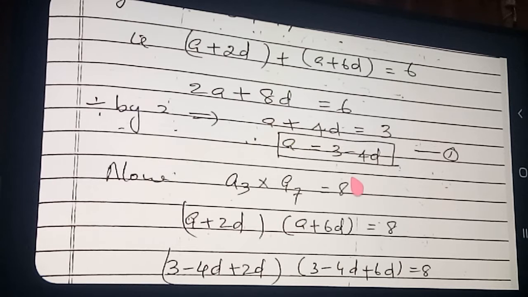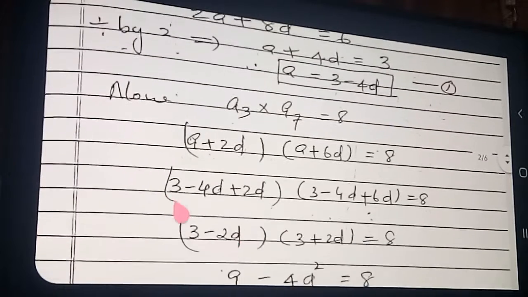So what is the value of a? The value of a we already wrote here, 3 minus 4d. In the place of a, you put 3 minus 4d. Otherwise, if you open the brackets now, you will get two variables a and d, and a quadratic equation will form. So we convert either a or d. a is easy to convert. So in the place of a, what did I write? 3 minus 4d. Wherever a is there, you apply 3 minus 4d. Applied here also, 3 minus 4d, and calculate.